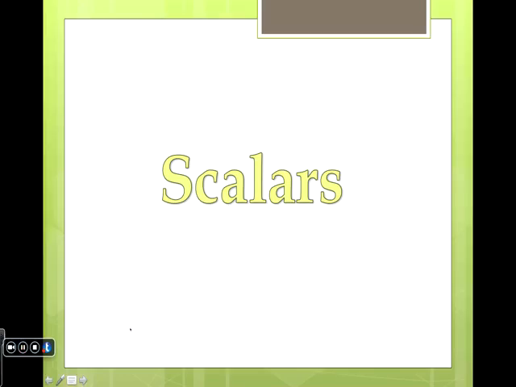Hello, we're going to talk about scalars, which is a unique feature in Perl, different than any other language. Technically, other languages have different types, for example integers, reals, doubles, floating points, non-floating points, and strings, whereas in Perl you have only one type named scalar. It will distinguish whether it's a numeric value or a string value by the assignment that you make